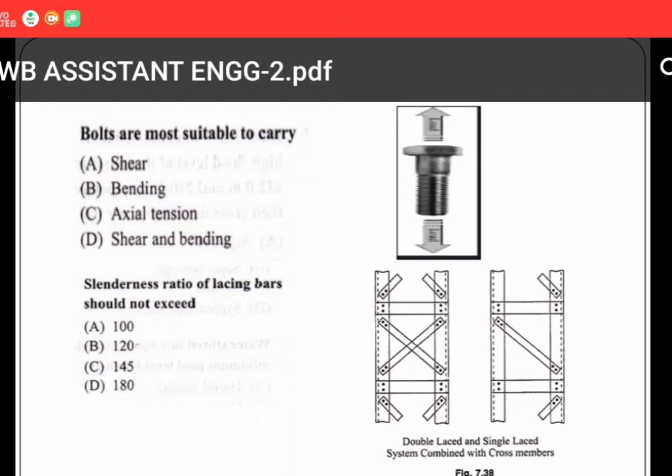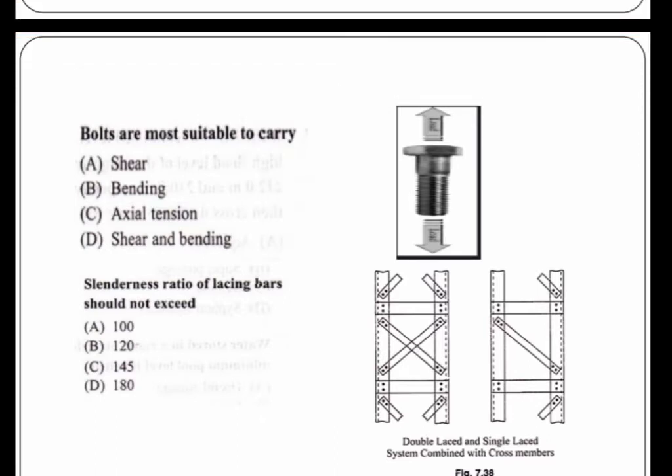Slenderness ratio of lacing bars should not exceed: the correct answer for this question is option C, 145. There are some provisions for lacing bars. As you can see in the right hand image, this is a double laced system and this one is a single laced system combined with cross members, and the provisions are: